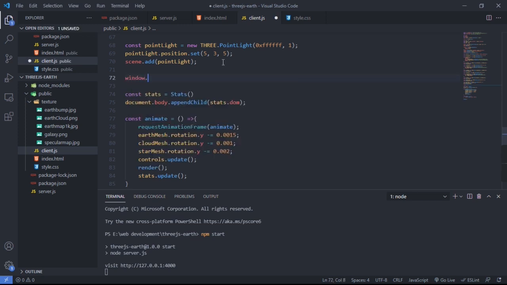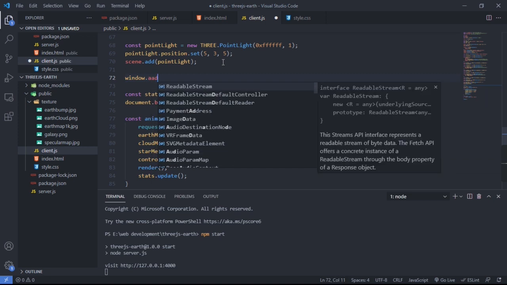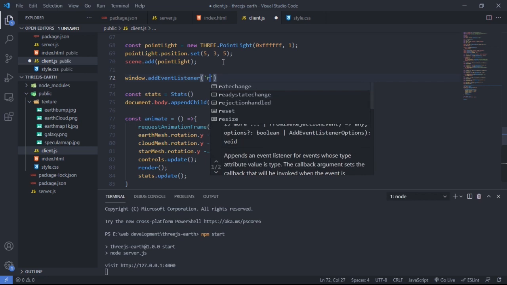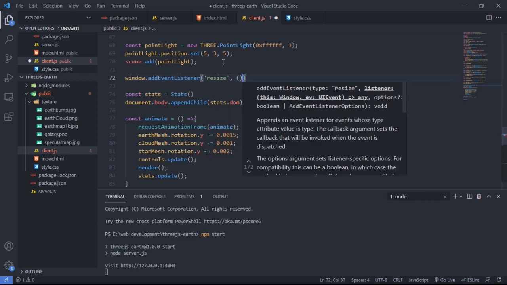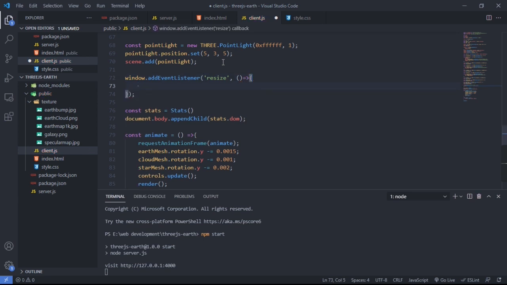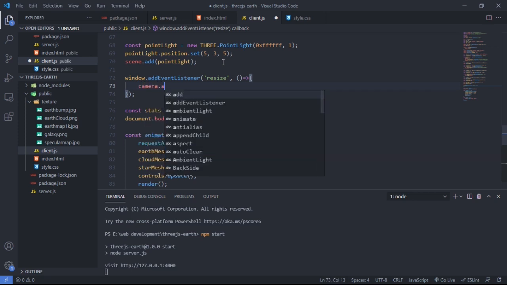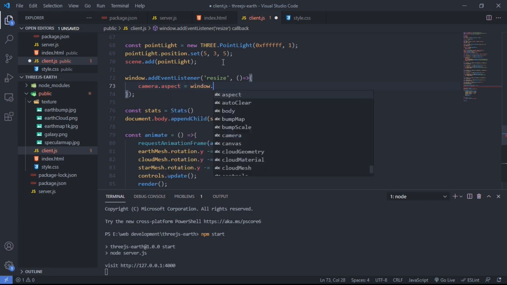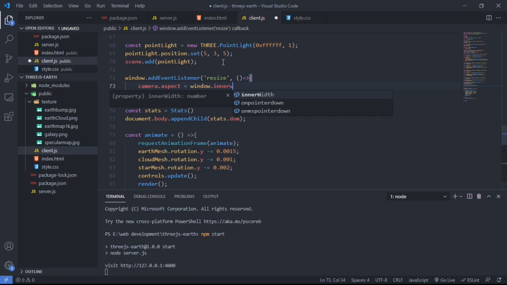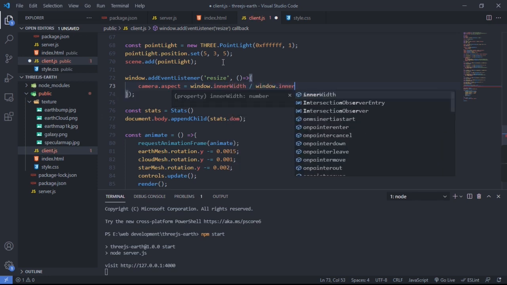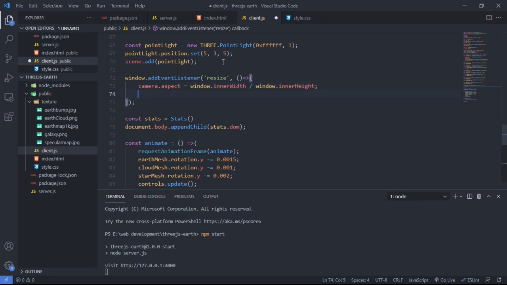Okay, let's say window dot addEventListener, and we're gonna listen for resize, and the callback function is gonna change the camera aspect according to the resized window. So here we're gonna change the aspect of the camera according to the new window size. So let's say camera dot aspect equal window dot innerWidth divided by window dot innerHeight. And now let's update the camera according to the new size. Camera dot updateProjectionMatrix,